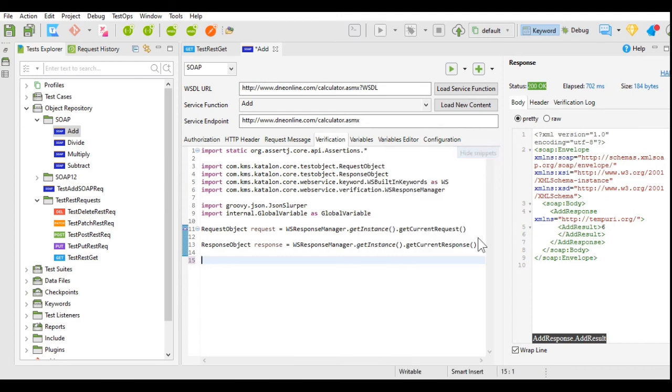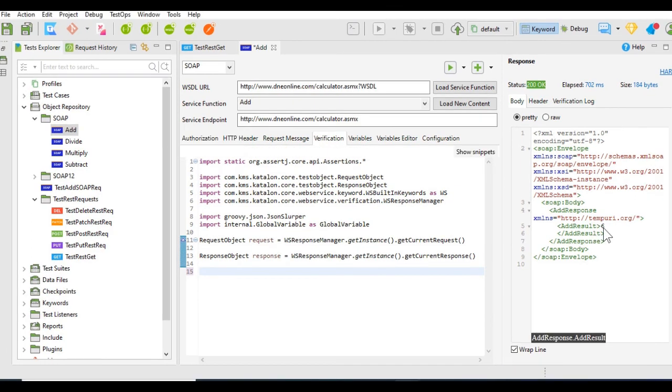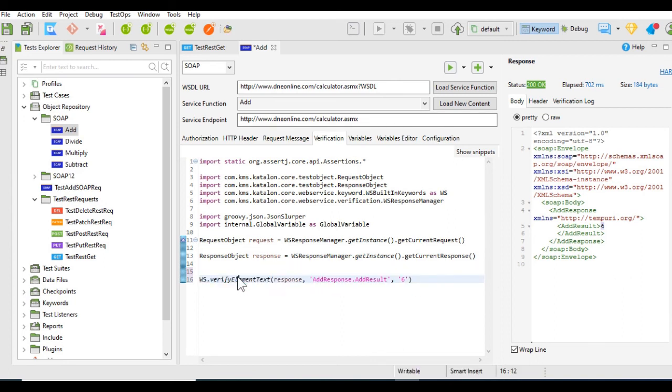For that, I will hide the snippet and click on this result and press Ctrl K. This will give me the code to verify the element text, and this is the XML path that is generated: addResponse dot addResult, and this is the expected value that I have given.